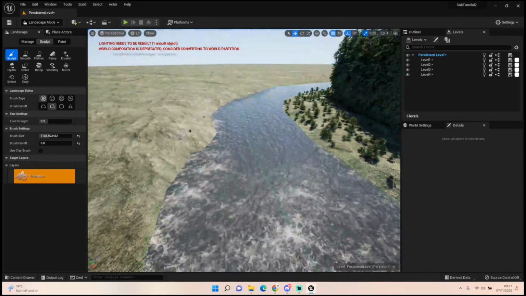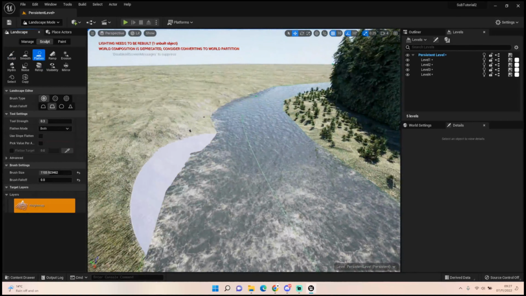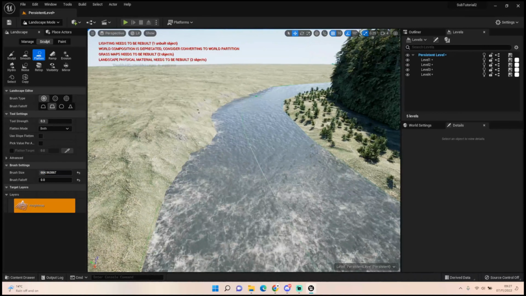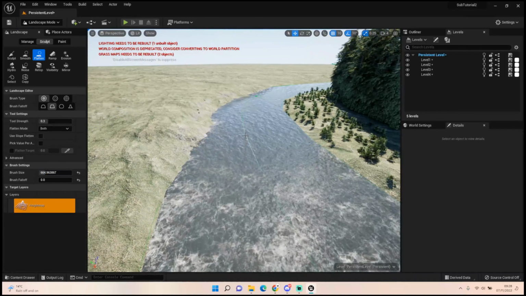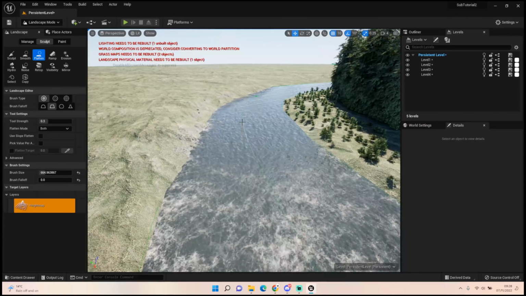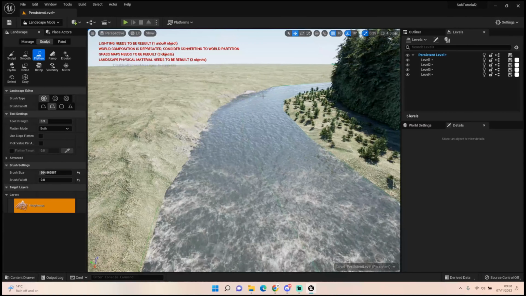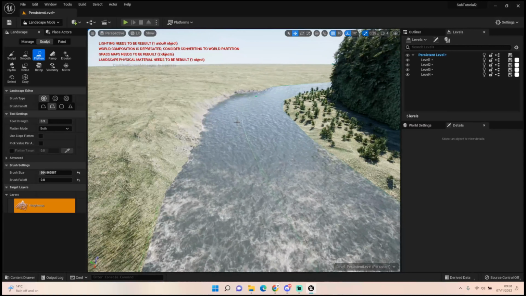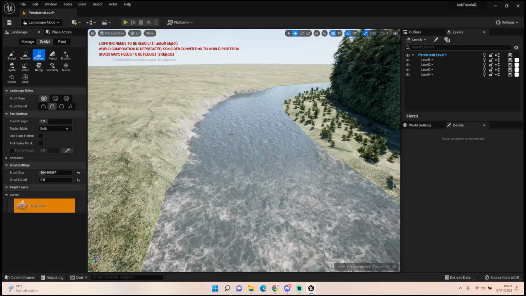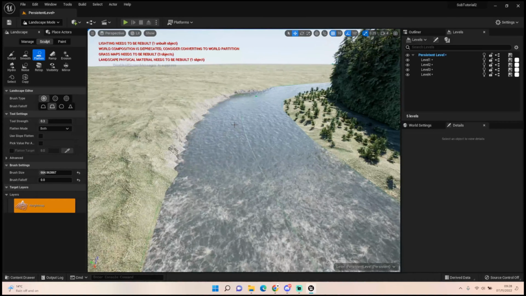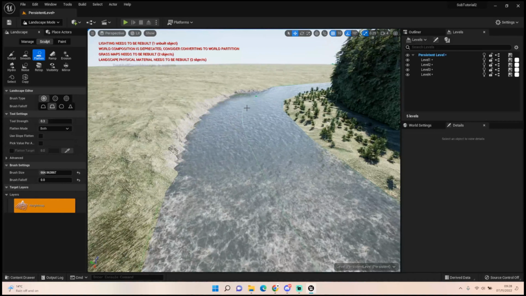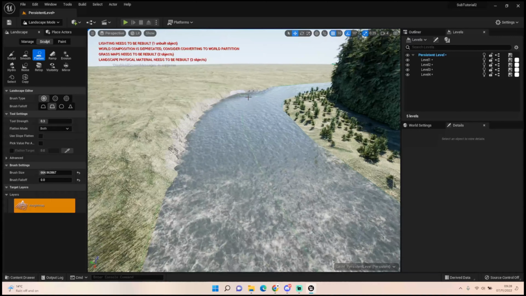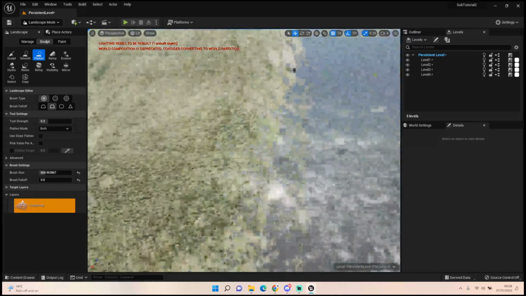There we go. Now the next thing I want to do is I want to push back on this extra bit it's done to make it a bit more, there we go, a bit more exposed. There we go, and you can see it's actually taking effect because it's got that rock face now on it, which is exactly what we're looking for. Push a little bit more. I don't want to mess with it too much, but I just do want it to be a little bit more kind of